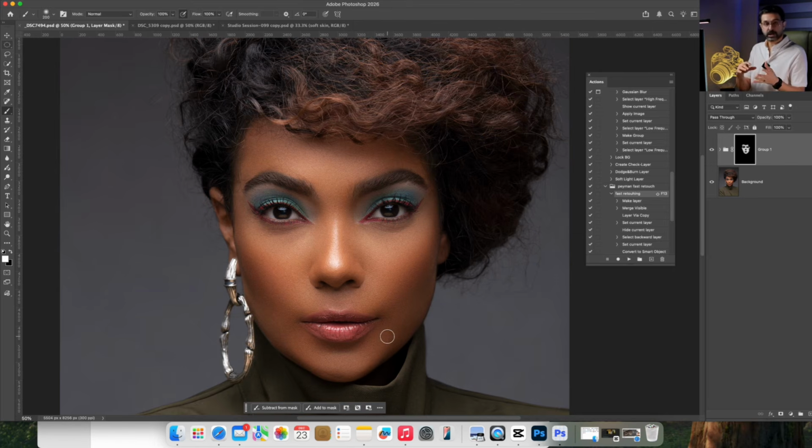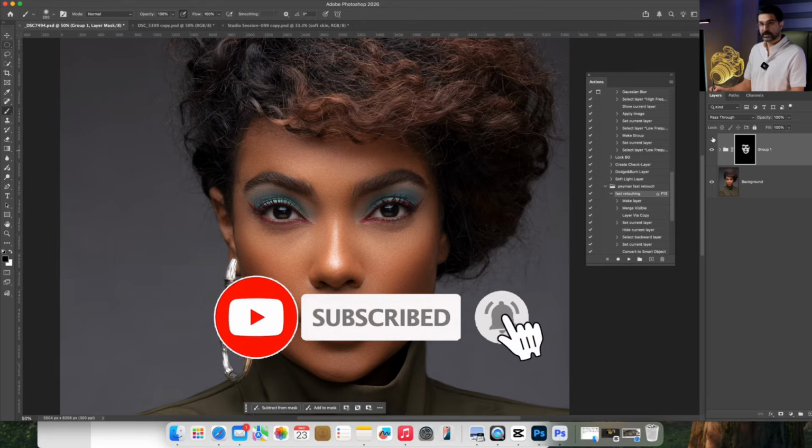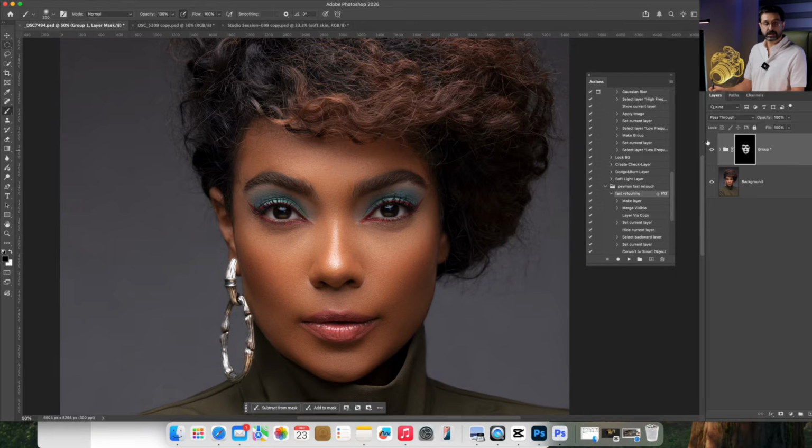If you feel there are parts you need to bring back again, by changing your brush to black, you can easily restore those areas. I'm restoring these intricate parts to add much more visual depth to the overall image as well. Now I can very easily, before I proceed with anything else, begin to